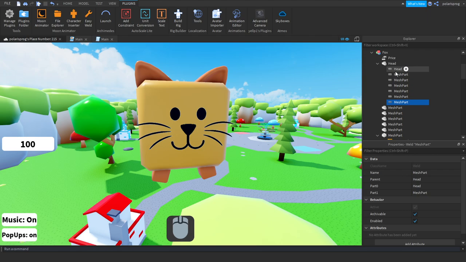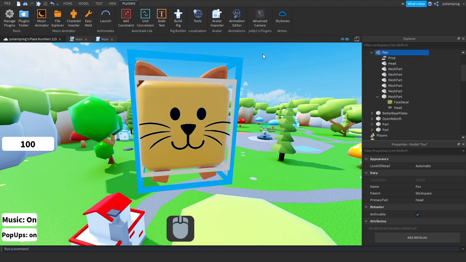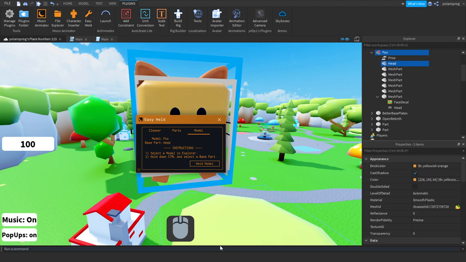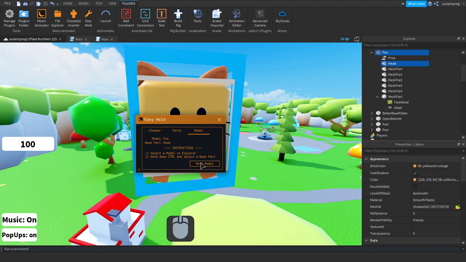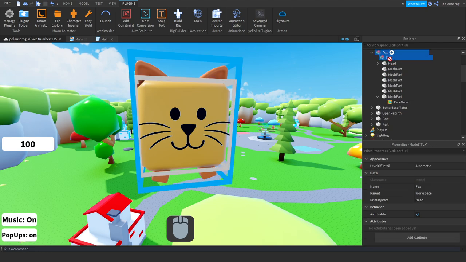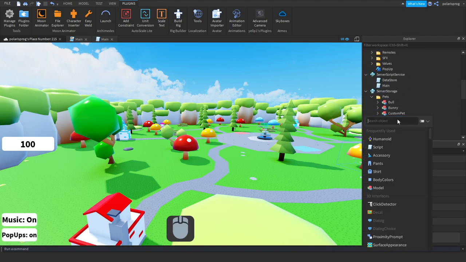Let me just remove all of the welds real quick to show you guys what it does. So all you have to do is select the model that you want to weld, go to Easy Weld, go to model, and select the primary part, which is head, and just do Weld Model, and now it should be welded perfectly. Okay, so now let's put that back, and inside of each pet we're gonna have a